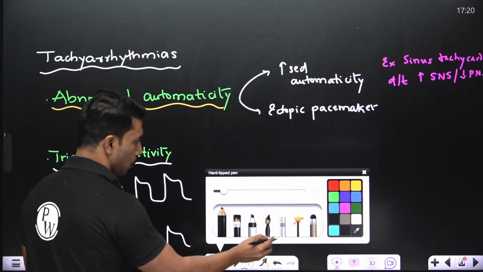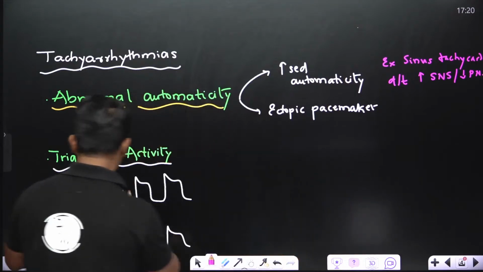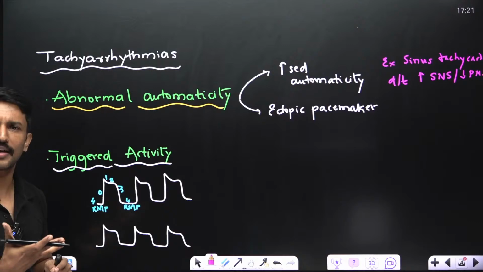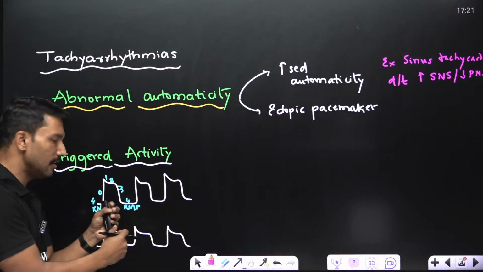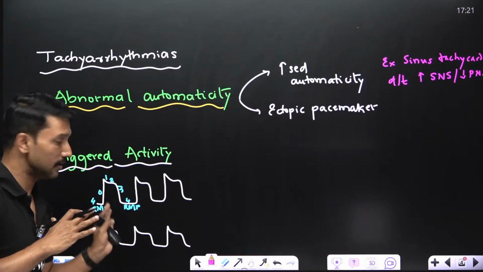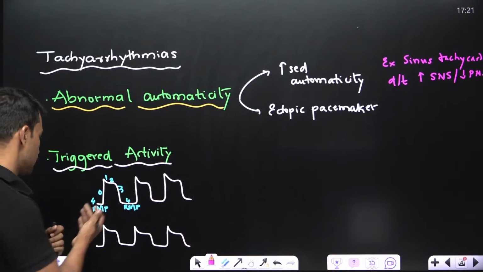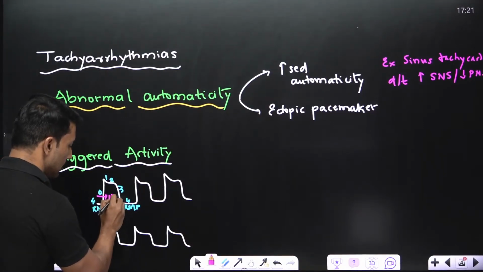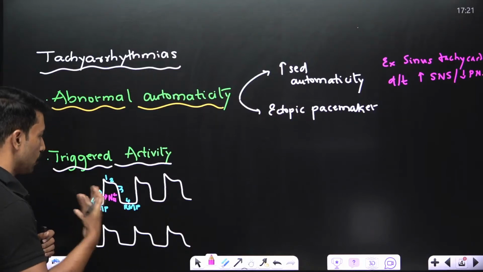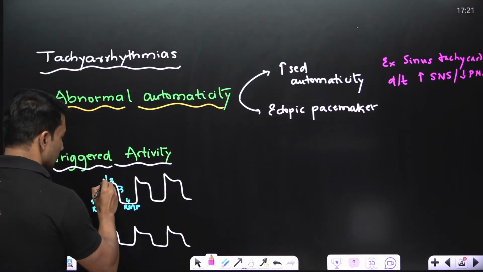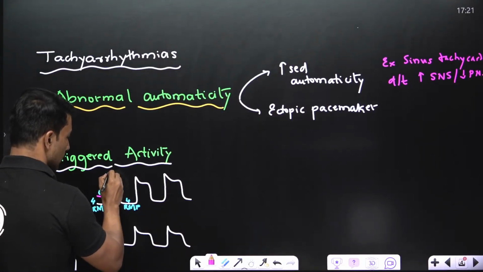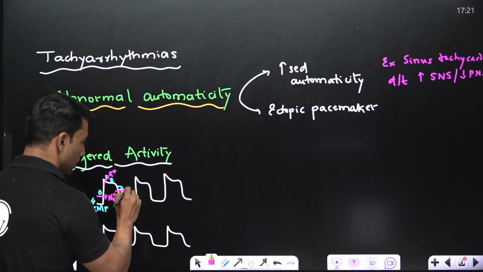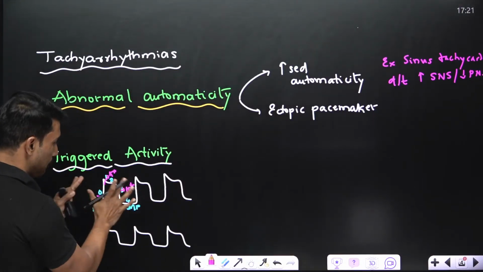And as we know, all of these variations in the membrane potentials are because of electrolytes, right? Some electrolytes are either getting into the cell or they're leaving the cell, and that is why the action potential is changing. So as we know, entry of sodium inside the cell causes the depolarization of the cardiac myocyte, right? Then early repolarization is because of potassium leaving, delayed repolarization is also because of potassium leaving, and phase 2